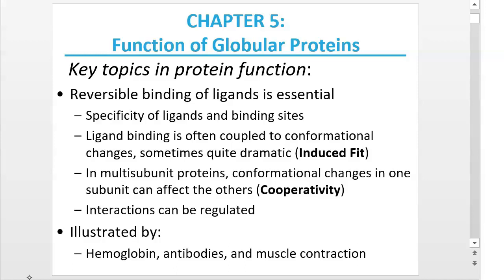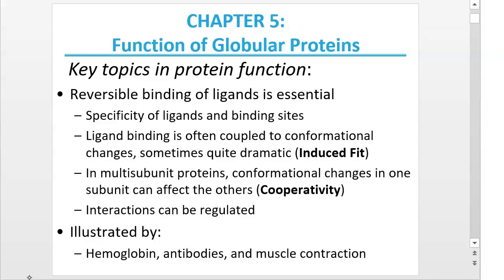This is a screencast video or online lecture for biochemistry. This is the beginning of the unit on protein function. We're going to look in this unit at hemoglobin and myoglobin because those are the proteins that are the most well-studied and therefore the best suited for examining as a case study for protein function.